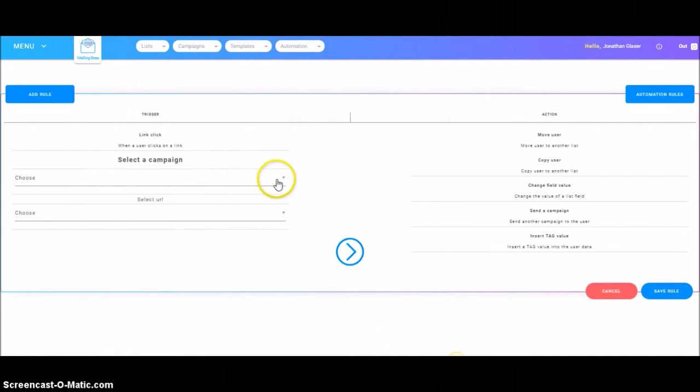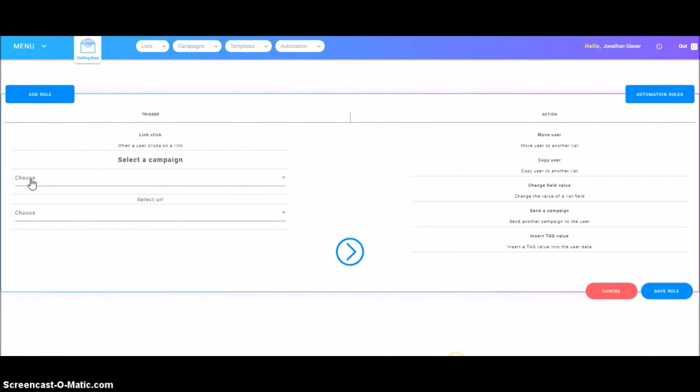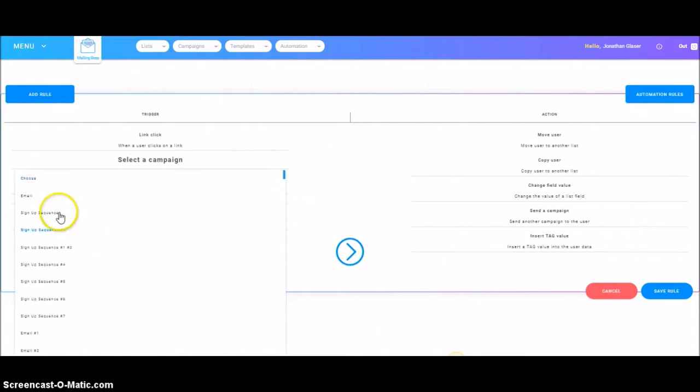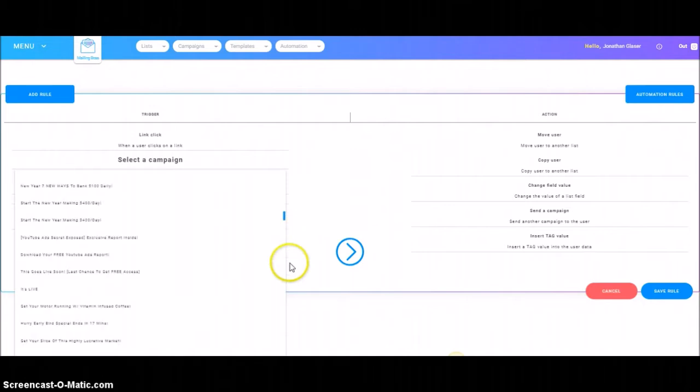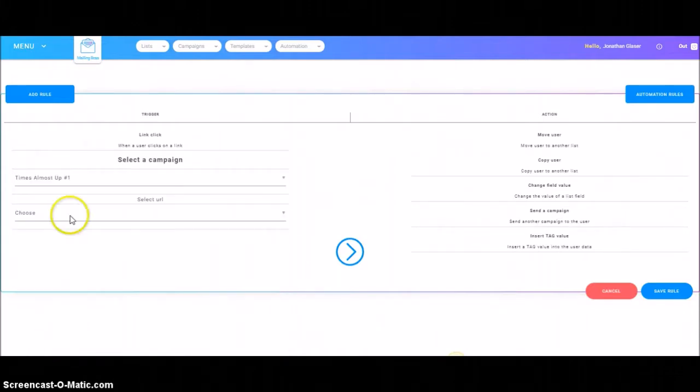So you'll just scroll down and find the email that you want, and normally with Mailing Boss it'll be at the bottom. So you just click on the link you want, and then you're going to create a